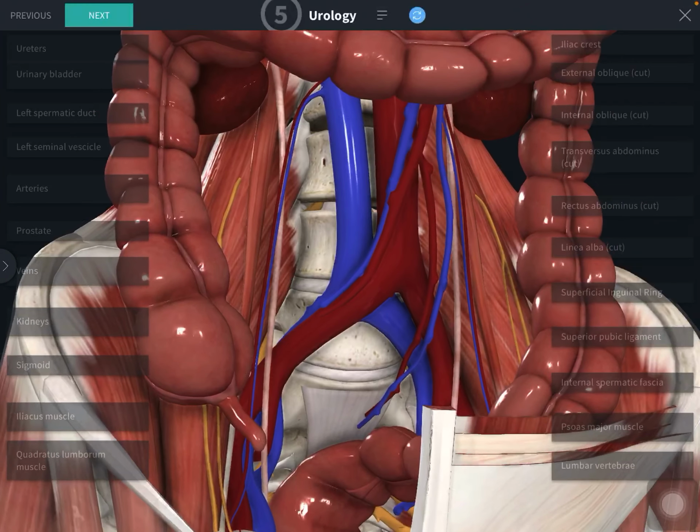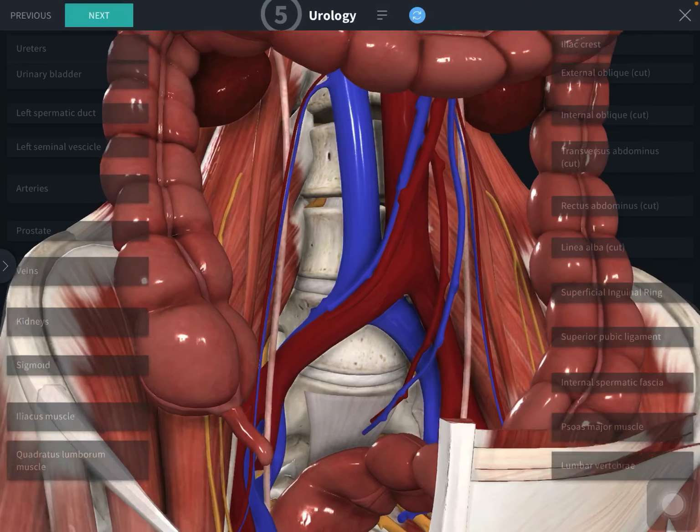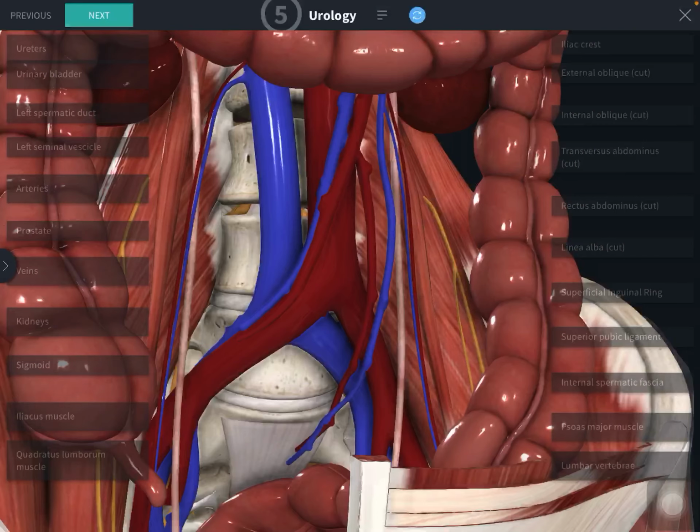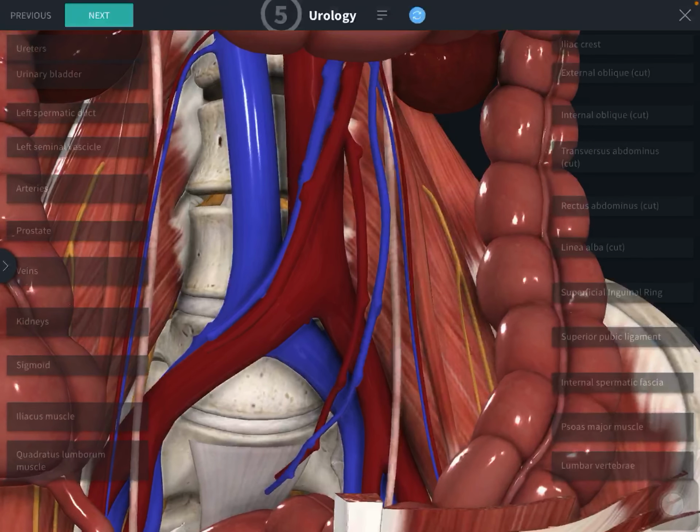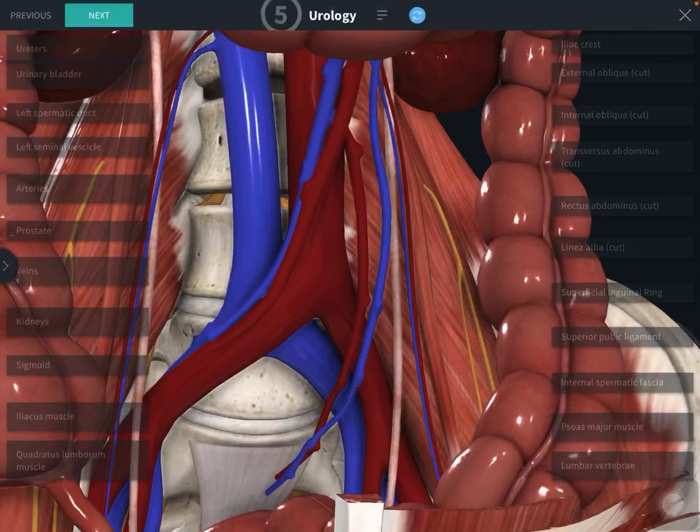Left ureter, so this is the left ureter. Left gonadal vessels, they are passing in front of the left ureter, parietal peritoneum. Left colic and sigmoid branches of inferior mesenteric vessels. So inferior mesenteric vessels are given. So left colic branches will be crossing to reach the descending colon and the sigmoid colon. So you are seeing descending colon and sigmoid colon.